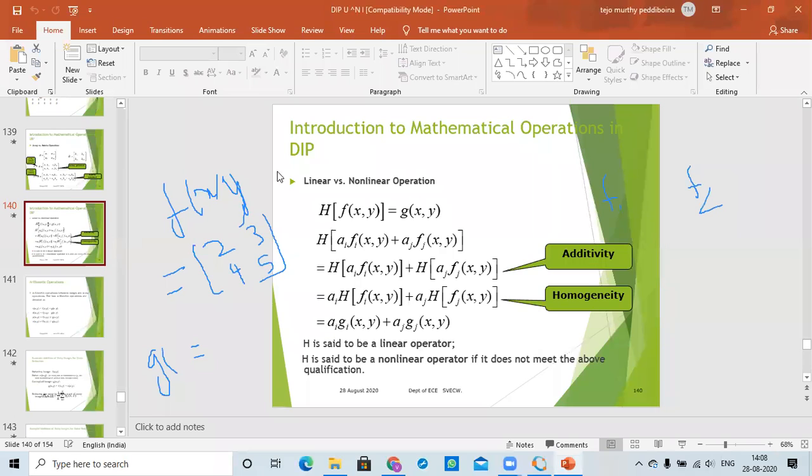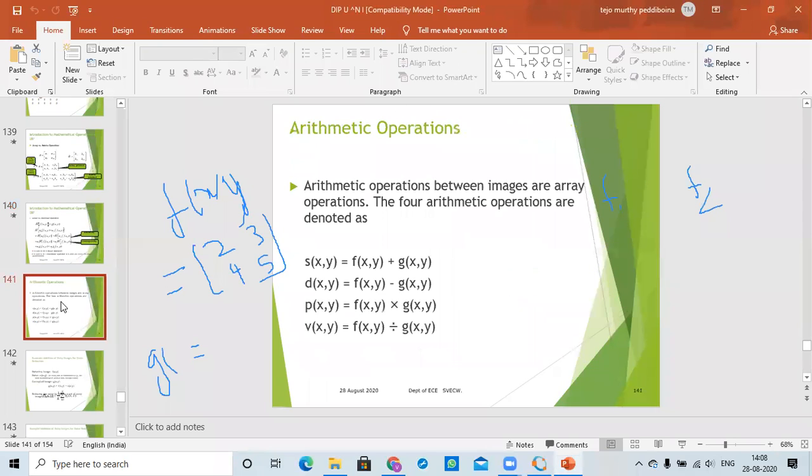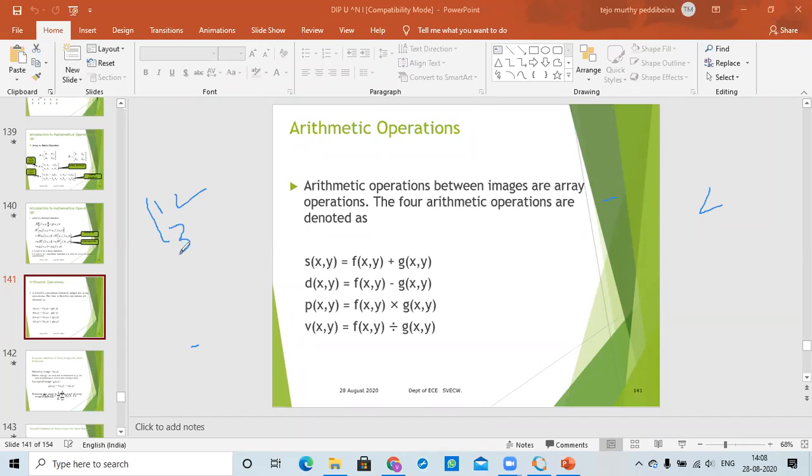Next, yesterday also we discussed arithmetic operations. Let us go through some code, DSP code. Now we have two matrices, f of xy and g of xy. The addition is defined as s of xy equal to f of xy plus g of xy. Then you may get a doubt: what happens if the value exceeds the maximum range of pixel values? For example, I have 1, 2, 3, 4